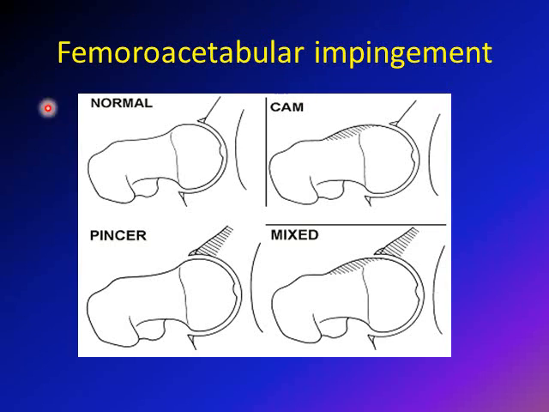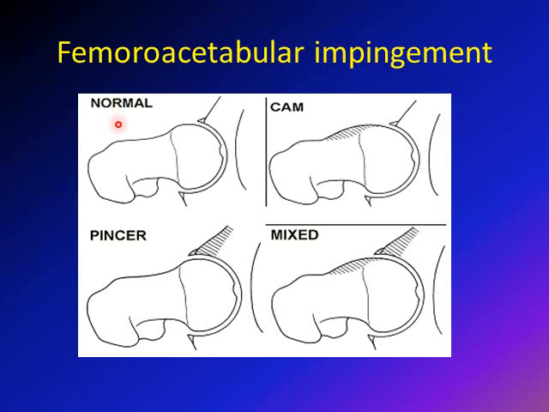Let's discuss another cause of pain in adolescents, which is the femoroacetabular impingement. What does this mean? It means that the neck of the femur abuts against the acetabulum with excessive flexion or internal rotation. There are mainly 2 types of femoroacetabular impingement, or as we call it now, FAI,